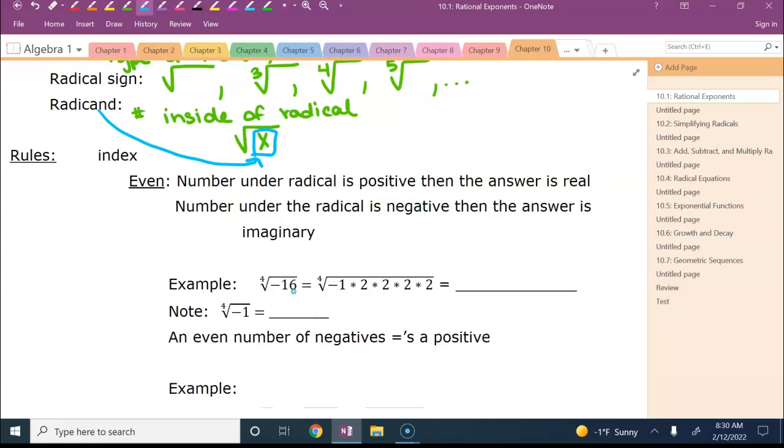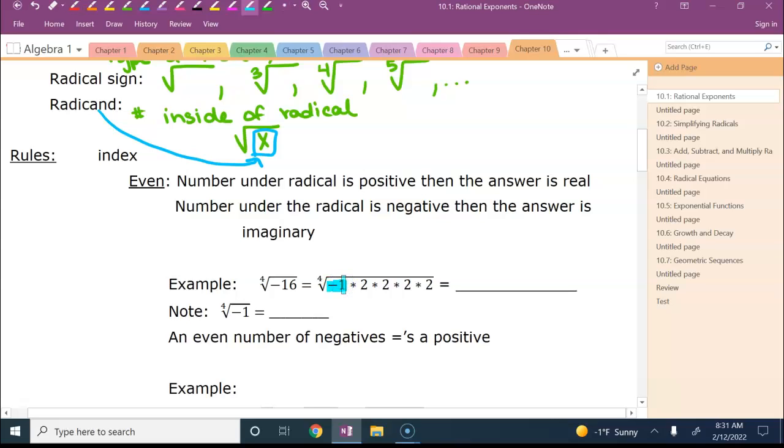So if it's a negative times a negative times a negative times a negative, well, there's 4 of them. That's an even amount. They're going to end up being a positive answer. So if I have a negative number sitting underneath my root sign that has an even index, that causes a slight problem because there's really not a real way for us to have gotten to that point. So we're going to be talking about this little piece here,